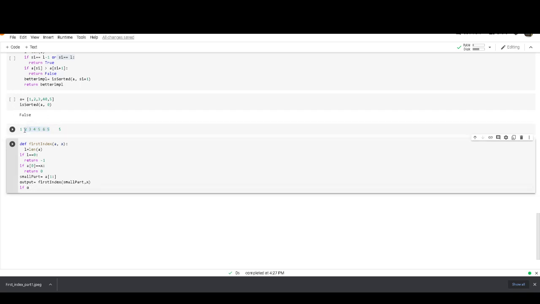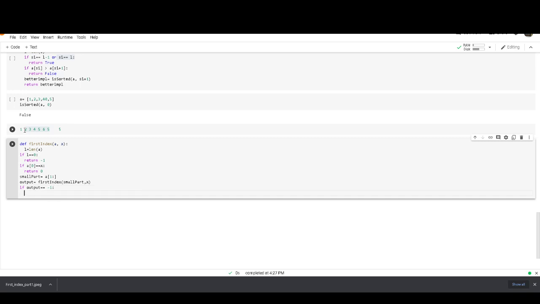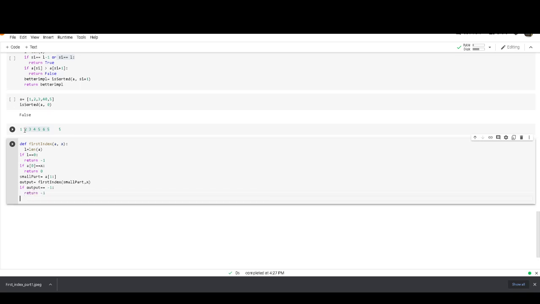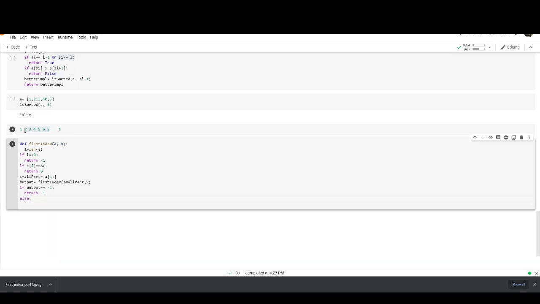So first we type output equal to -1 if the element is not present in that list, then we return -1. Else, if the element is present in that list, then we return output +1.